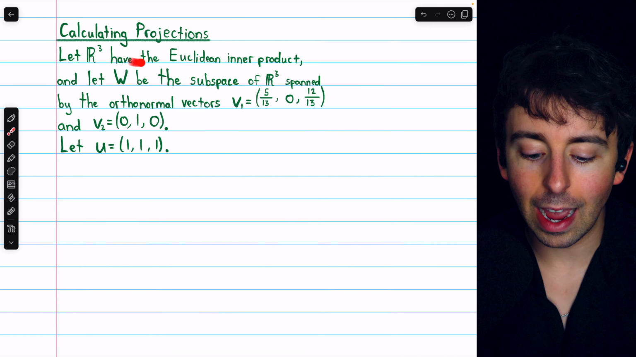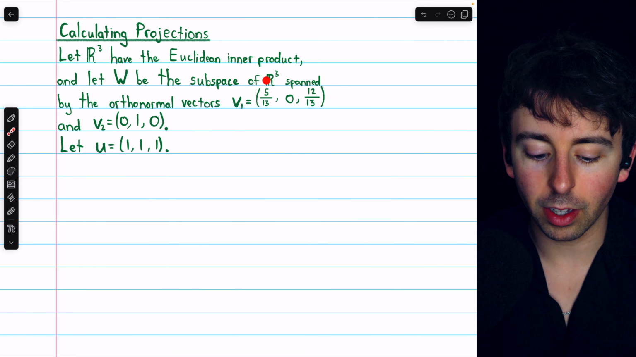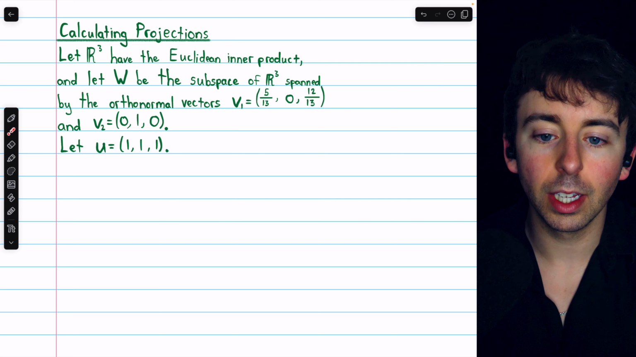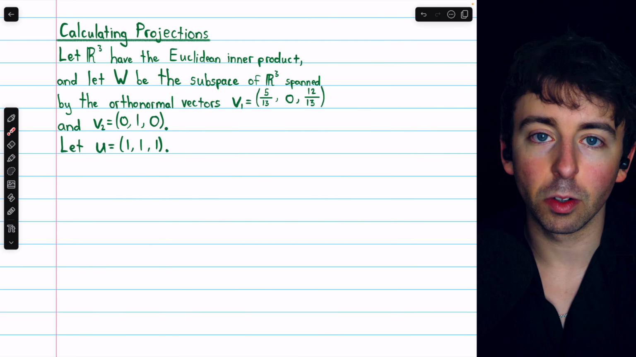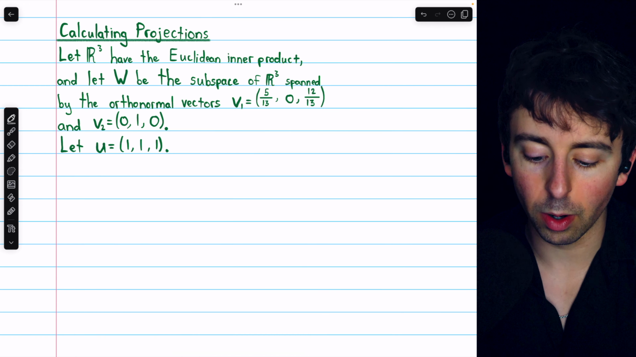Let R cubed have the Euclidean inner product, and let W be the subspace of R cubed spanned by these orthonormal vectors. So this is a plane in R cubed. We could verify that these vectors are orthonormal. It's easy to see that their dot product is 0, and if we were to calculate their norms, we would